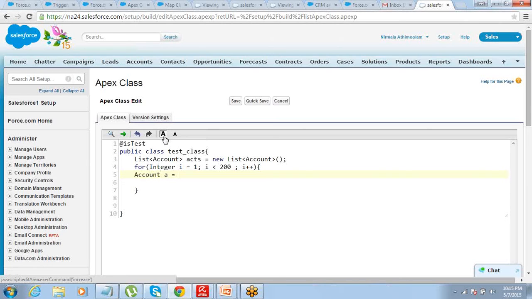Okay, and then I say Account a = new Account, name equals 'Test Account' plus i, Industry equals 'Technology'. Okay. accts.add(a).